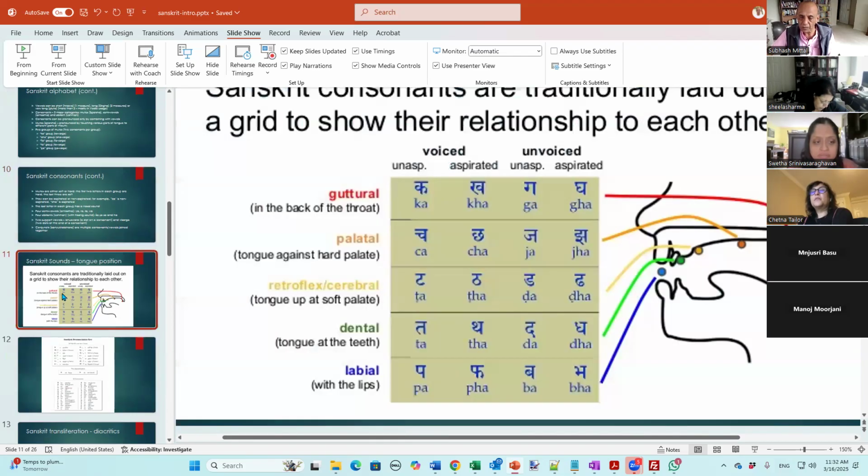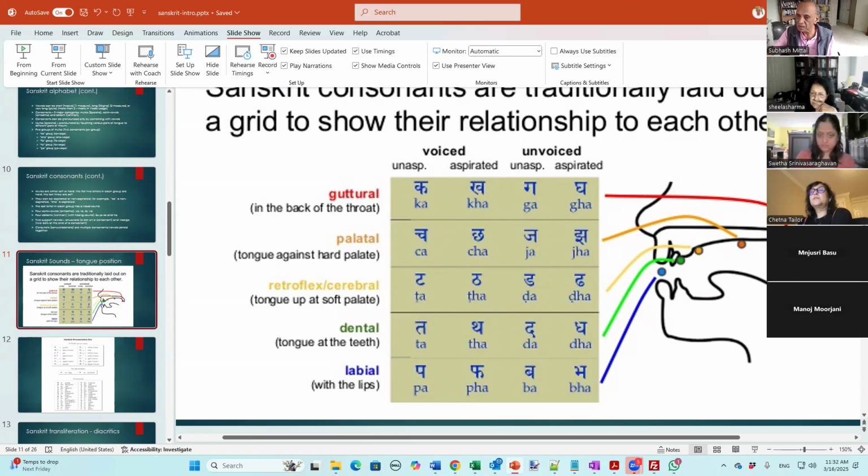Now, let's go to this chart and see how we can recognize where the tongue is touching the inside of the mouth in making all these sounds. The first line, ka, kha, ga, gha, nga, is called guttural in English. If you see this red line, it's going at the very back of the palate, slightly above the throat. So the ka, kha, ga, gha sound is coming from there. The tongue has to go all the way back and then touch here.